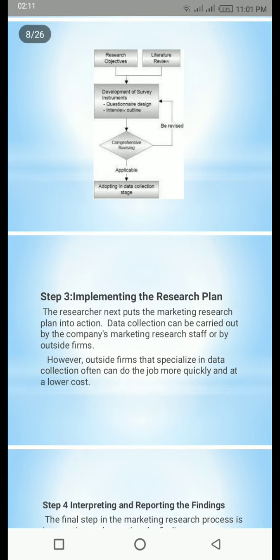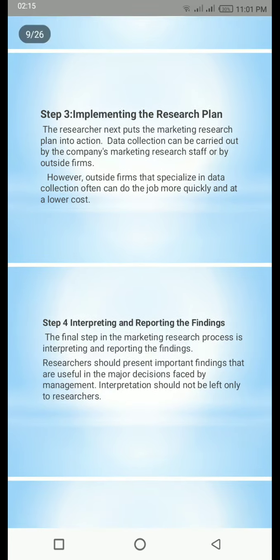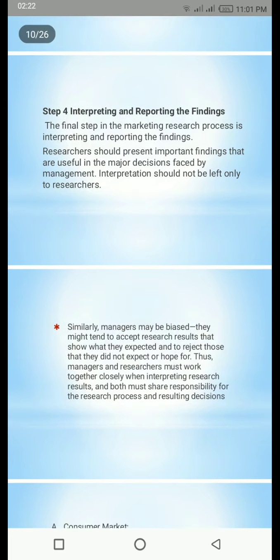Step number 3, implementing the research plan. Step number 4, interpreting and reporting the findings. Step number 5,